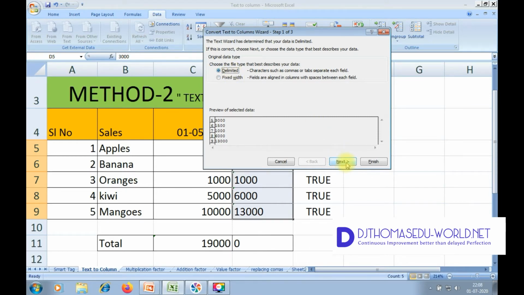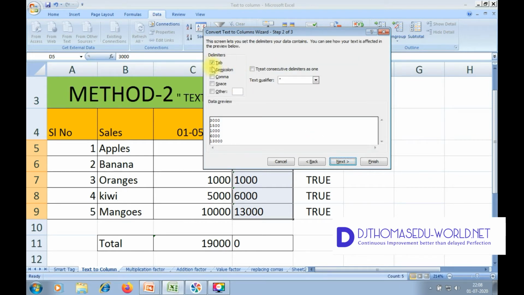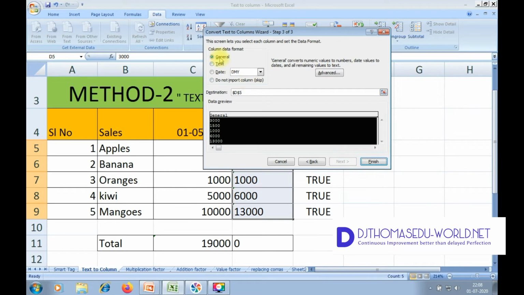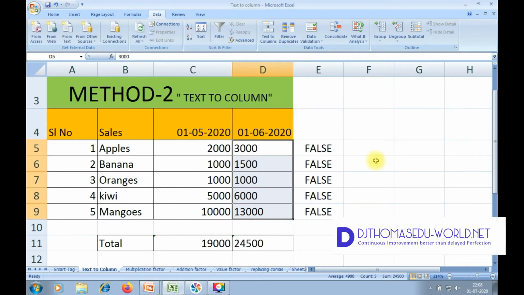We will go with the default selections. Next, make the tab selection, set the format to General and give finish. Now we can see the is text condition is converted to false. That means all the values entered here are converted to numbers.